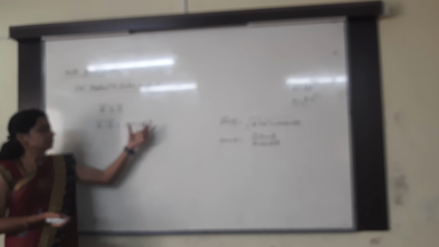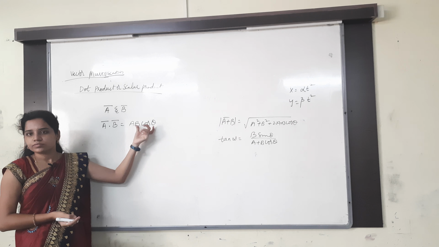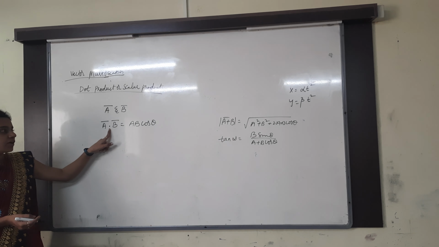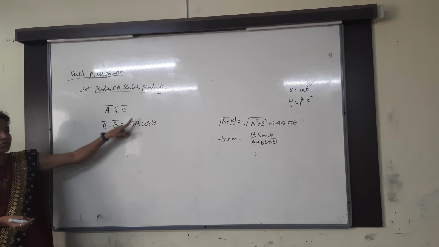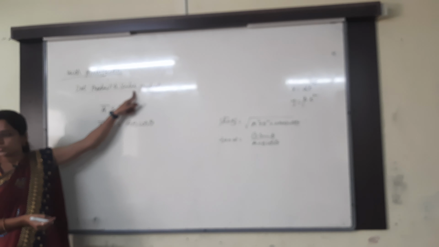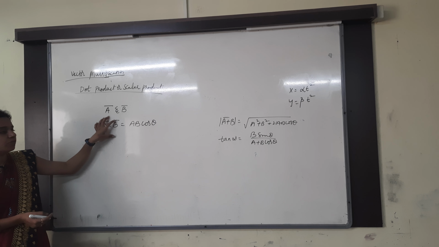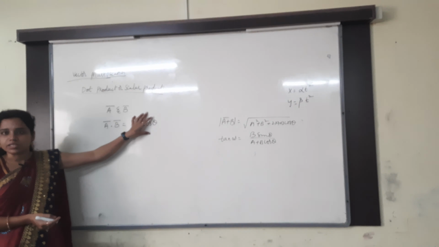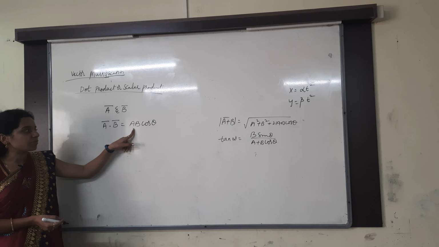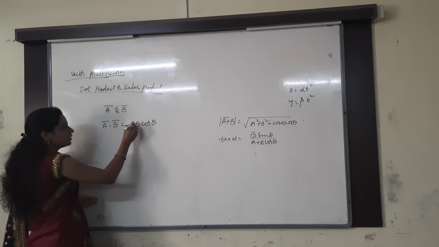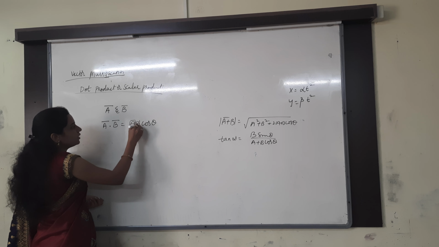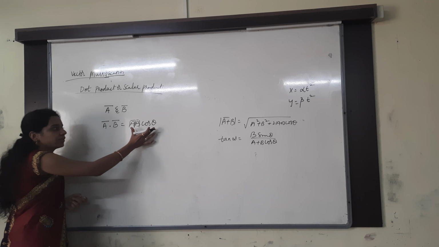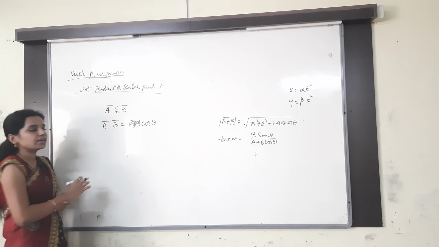Is there any unit vector here? No. What is the reason? Whenever you do the dot product, what you will get at the end of the day? Scalar. So only the name is scalar product here. Whenever I do the dot product between two vectors, the resultant will be a scalar quantity, so I am not getting any vector here. Here A indicates modulus of A, B indicates modulus of B, and then cos theta. There is no vector on the right side. So this is a scalar product.